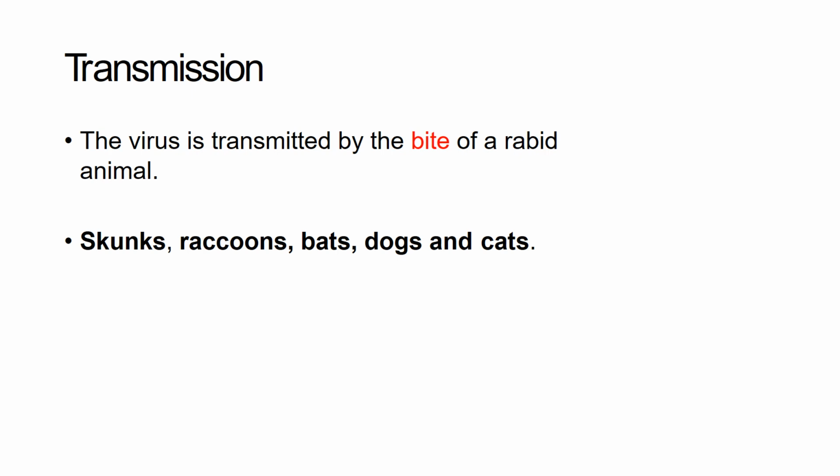If we talk about the US, skunks, raccoons, and bats are the most common animals that cause the transmission of this virus. In the US, we cannot see dogs as the rabid animals involved in the transmission of this virus, because there the dogs are usually immunized or vaccinated. In the developing countries like India, Pakistan, and Sri Lanka, the prevalence of rabies virus is